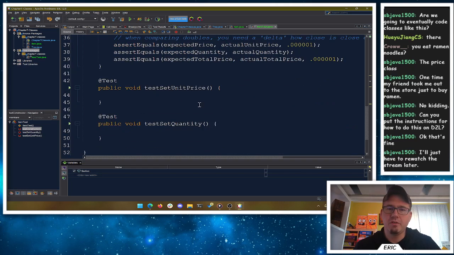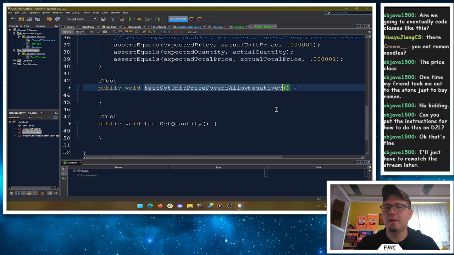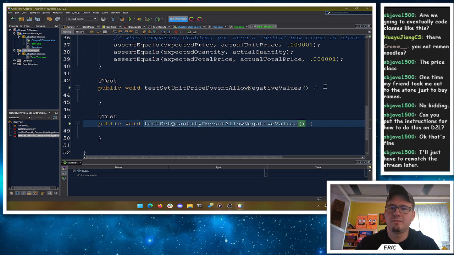Okay, so for our set unit price and get unit price, I want to test specifically that it doesn't allow negative values. Same for my quantity.